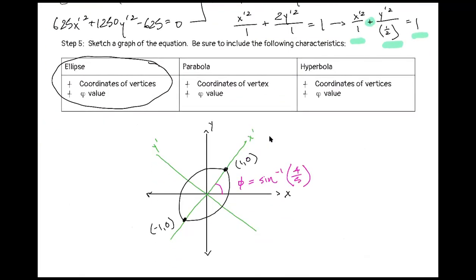We could just leave it like that if it's not a nice unit circle value, okay? Because if you don't have a calculator, you're not going to be able to find that value by hand, or you could, but it would be very labor intensive. So if it's not a nice unit circle value, you can leave your angle of rotation like this. But if it is a nice unit circle value, I do want to see what that value is, okay?